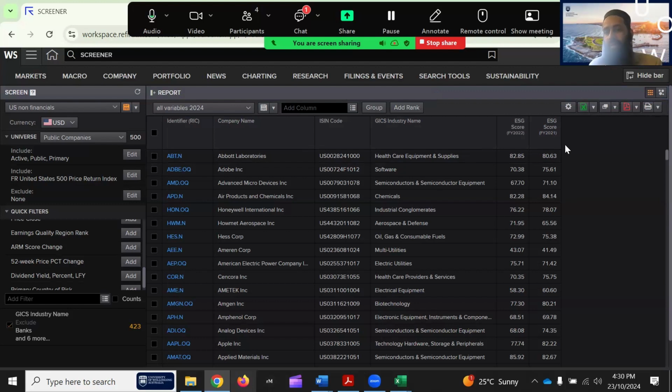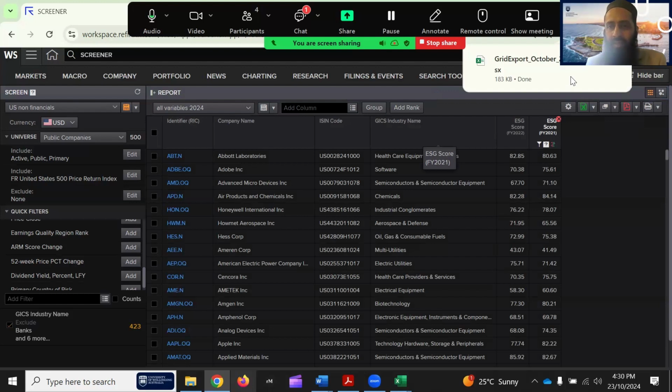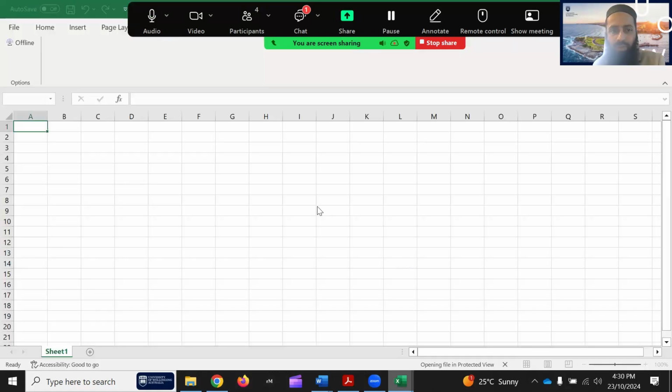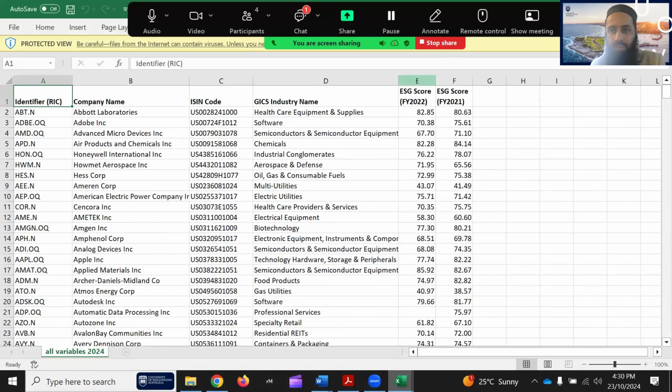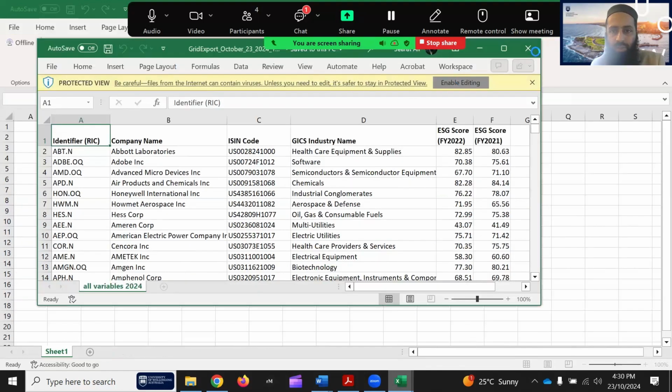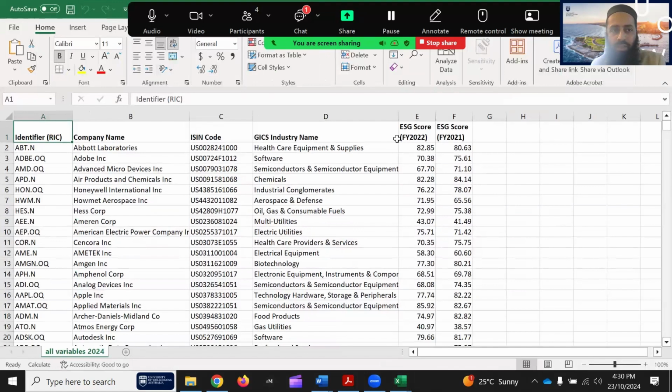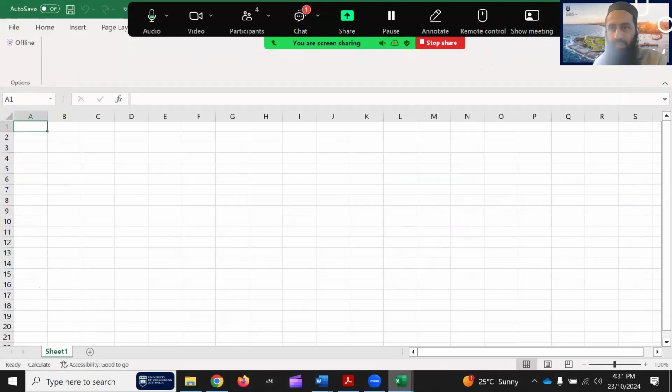And for extracting it in Excel, it says here, extract as values. Normally I follow this because with formulas, if something changes, it can change the numbers. So if I click on it, enable. So now the data identifier, company name, ISIN code, industry name, 1 variable for 2 years, 20 variables for 20 years. Simply repeat this step and change the list as per your interest following the same steps. Okay, I think that's pretty much it.